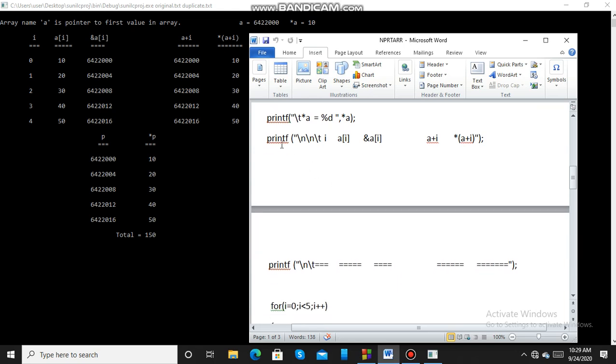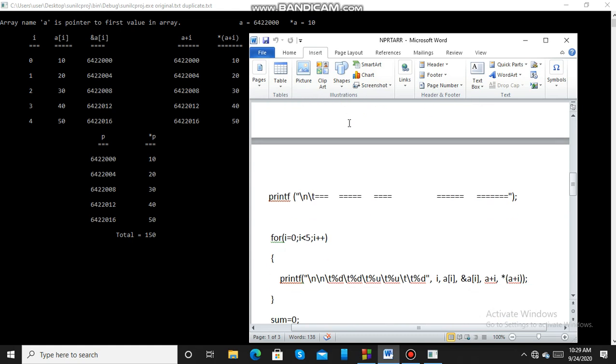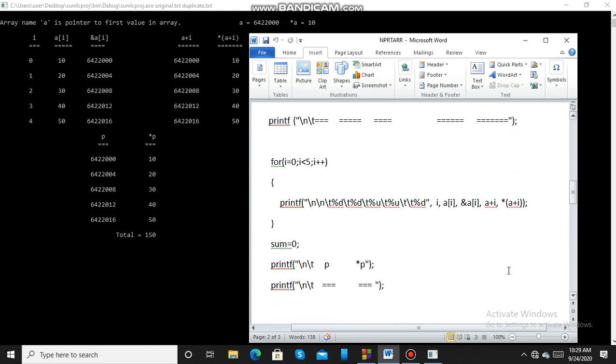After that I am printing these headings. Then I am entering into this for loop and printing the value of I, A of I, ampersand A of I, A plus I, and star A plus I. Initially I is 0. When I am entering the loop, I is starting from 0. A of I means A of 0, that is the first value, 10.